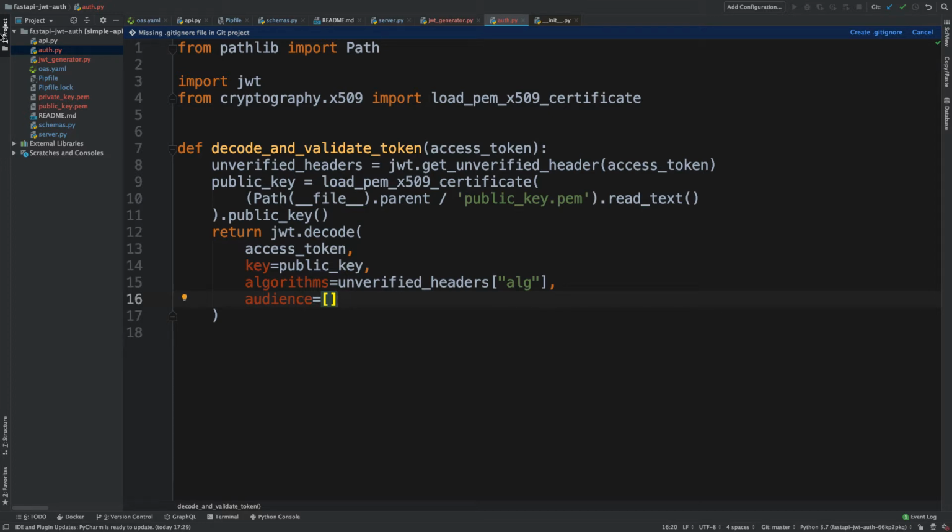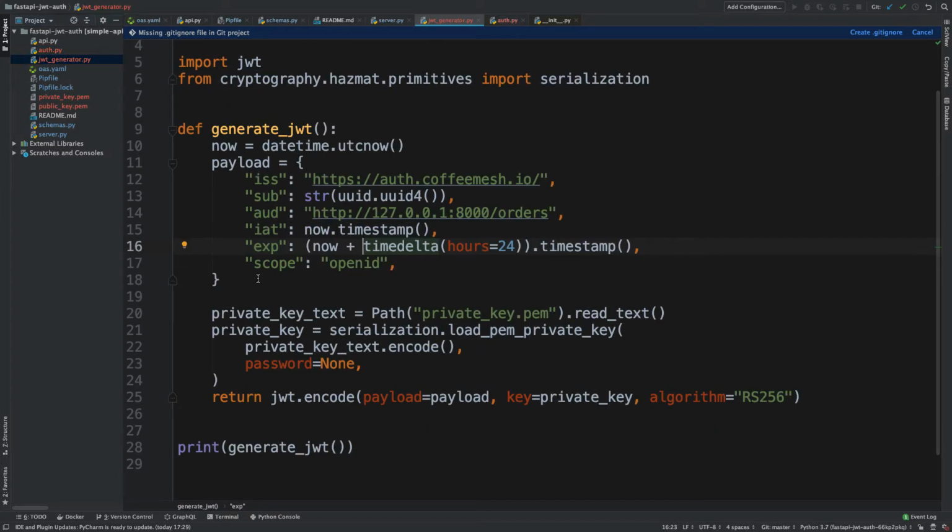So let's take a look at that function and see what it looks like. So in this function, we are creating a token with this payload. The issuer is set to an authentication server called auth.coffeemesh.io. For those of you who are wondering, CoffeeMesh is the example application that I used throughout my book, Microservice APIs. We are going to use a random UUID as an ID for the user of this token that is under the sub property. Then the audience is here, and we're going to say that this audience should be to-do,